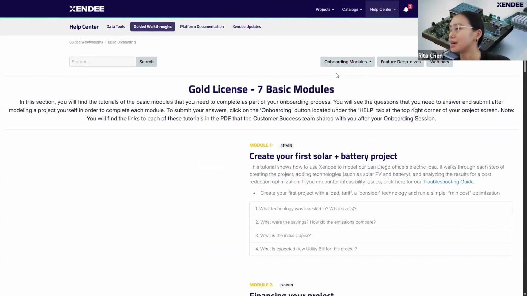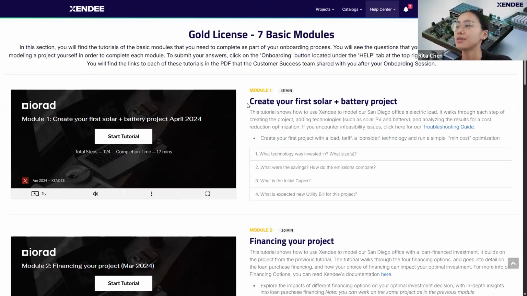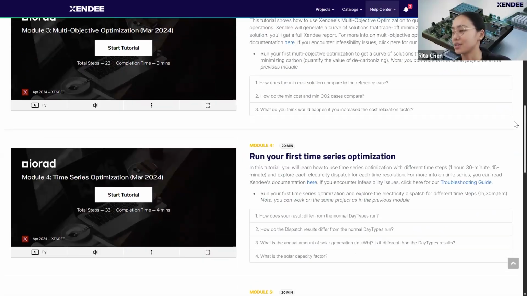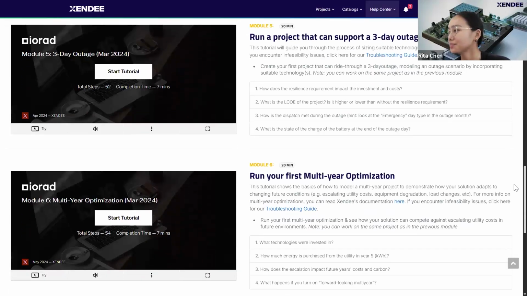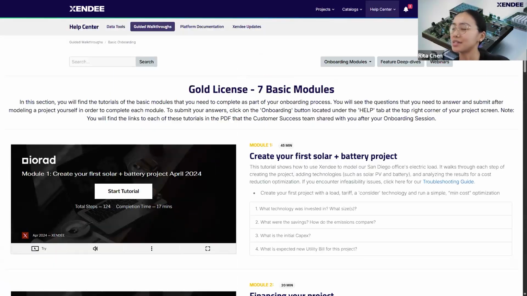the basic onboarding modules, you'll see what we call our 7 basic modules. This is where we generally recommend our new users in Xendee to start, because these modules will guide you from the very beginning of setting up a project to setting up all of your necessary project settings, finances, load profiles, technologies, all the way to running an optimization and interpreting your results. There are 7 basic modules, and they will also cover the biggest analysis configurations in Xendee. Hopefully by the end of these modules, you should feel a lot more comfortable with at least starting a project